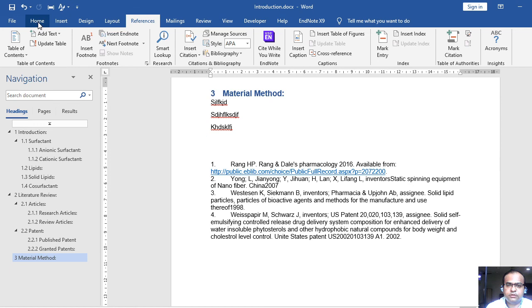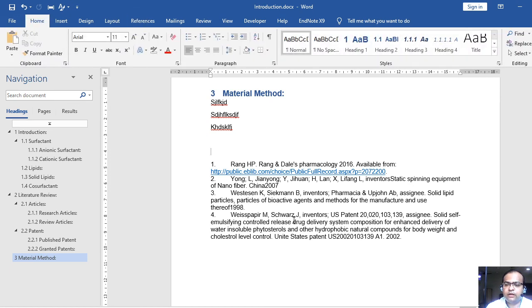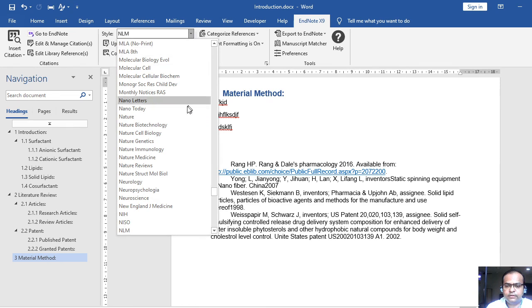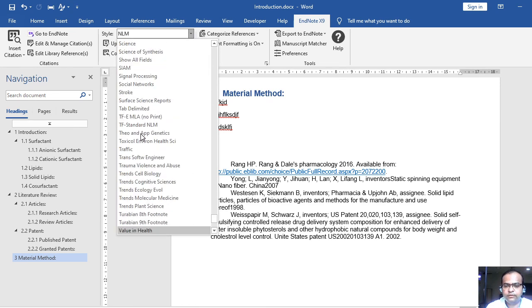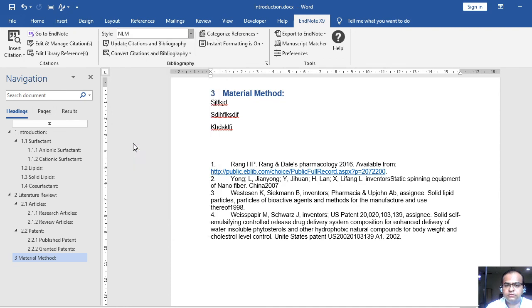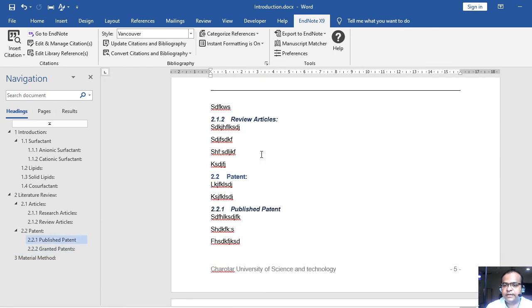So as per another journal, you have to update the style of your references. You can do it automatically, as I have already installed EndNote on my computer system. I have one add-on in Microsoft Word, EndNote X9. I will just select, let's say, the Vancouver style, for example, and this is a very common style.